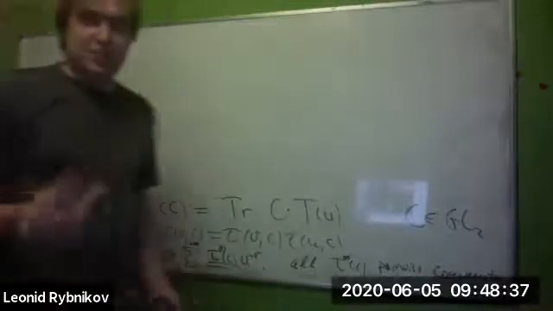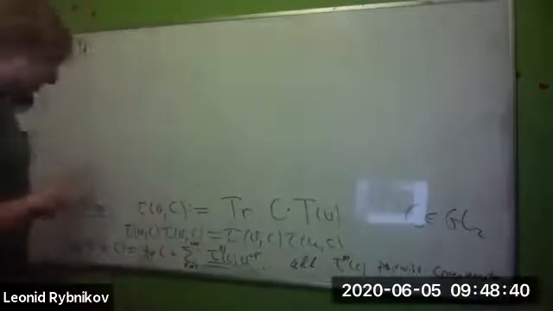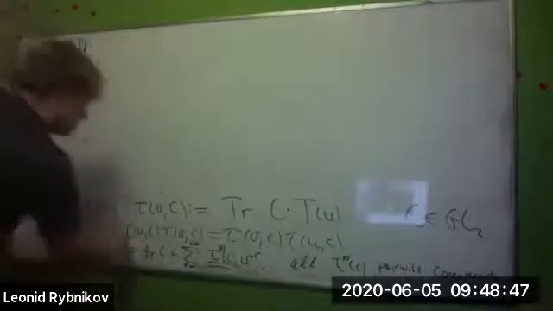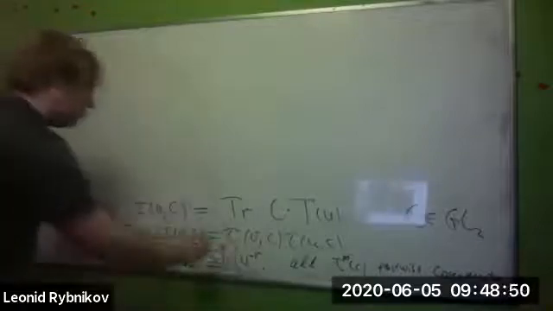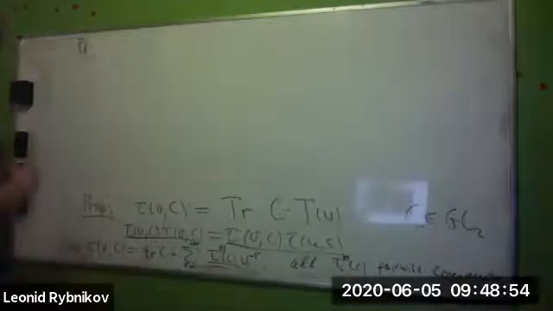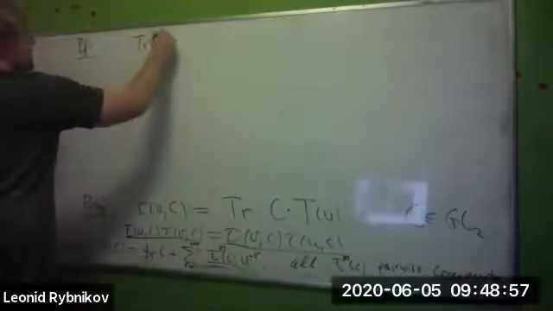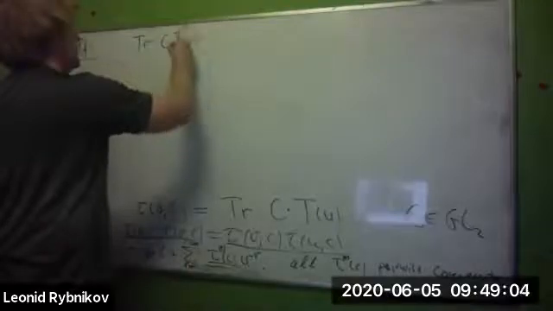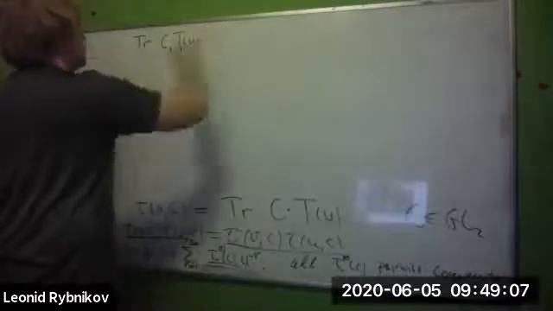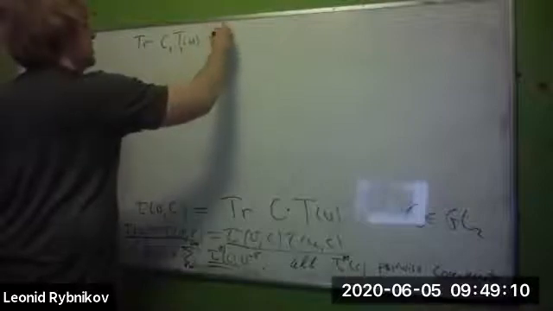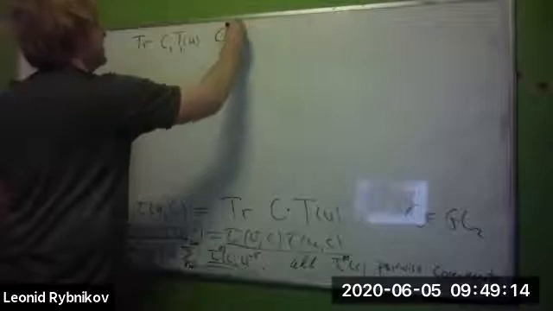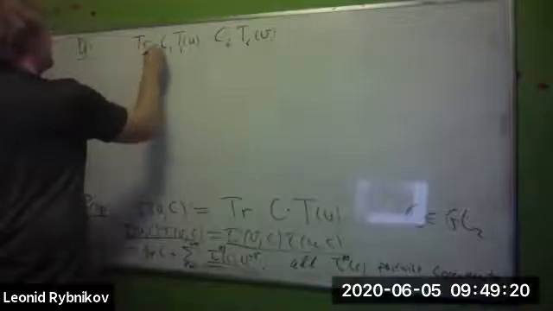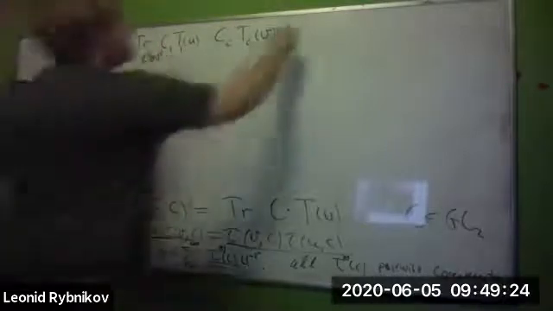Let me prove this because it is really easy. I want to show that the product in one order equals the product in the other order. That is, I have to show that the trace over C2 of C1 T1(U) times C2 T2(V) equals, on the right-hand side,